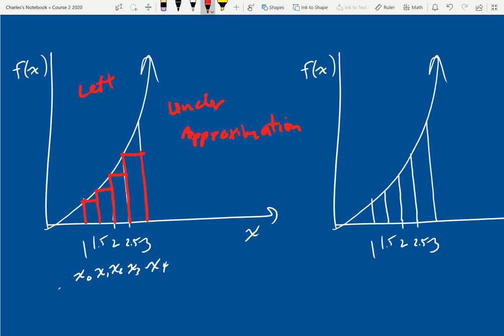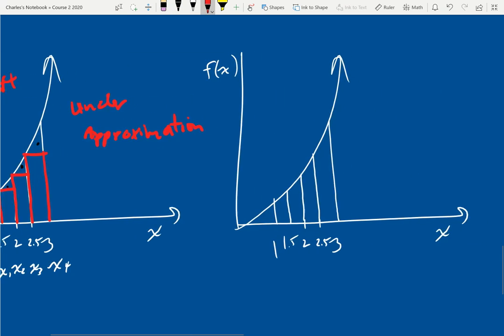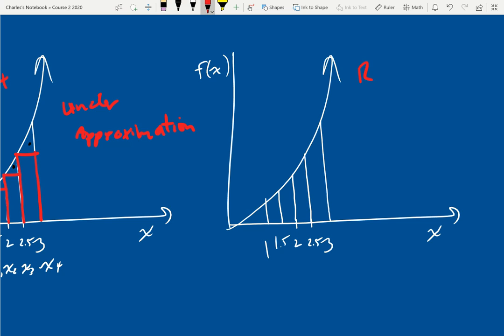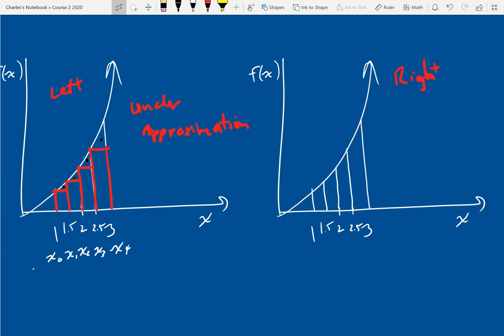And it is. It's going to be an under approximation because clearly there's area here, here, and here, and here where the rectangles are below the function itself. So you might say, well, what if I don't want an under approximation? Or what if I want a range of approximations? And in this case, because the function is increasing, if instead of going to the left edge of each section, I go to the right edge of each section,